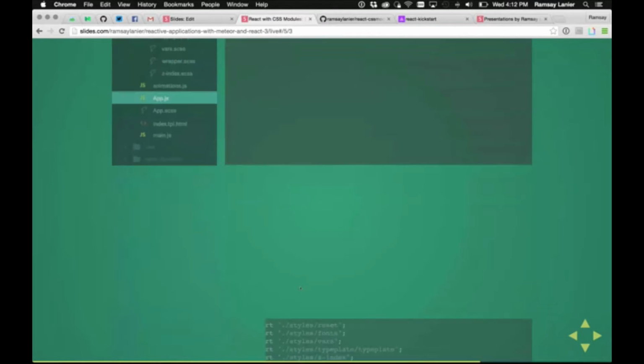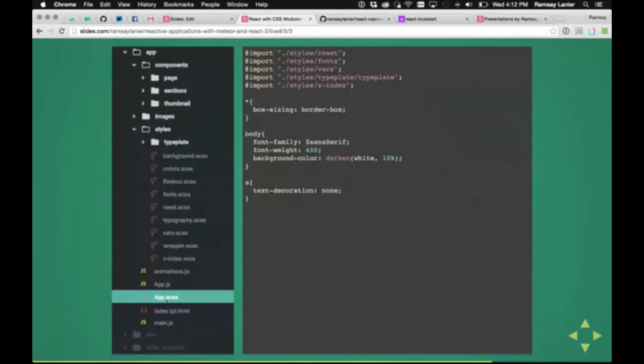this Sass file. And so what that looks like is this is the file, styles, that we're importing. So I'm importing some basic global styles. I want a reset. I want my fonts. I want some variables. I'm using a typeplate plugin for all my typography, and then some z-index and stuff. But this basically shows you that you still do want to have some global stylings, but all these styles are very, very low specificity, and then you can overwrite them using styles in your components.